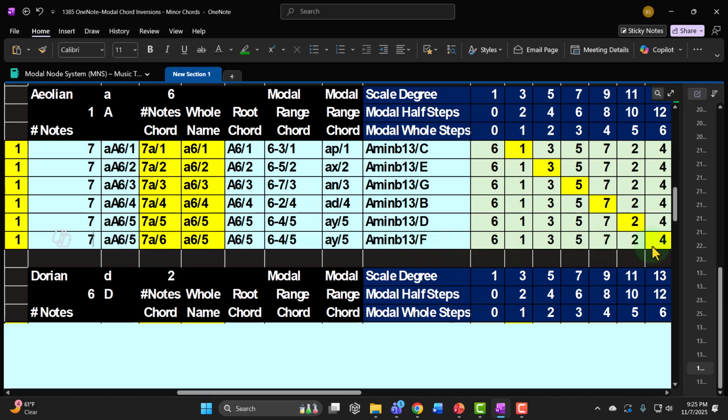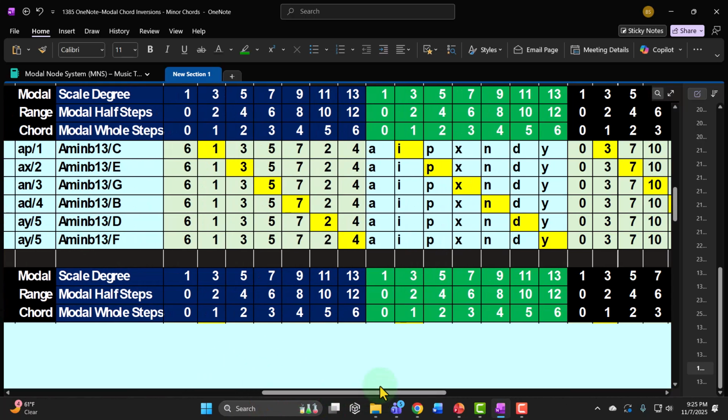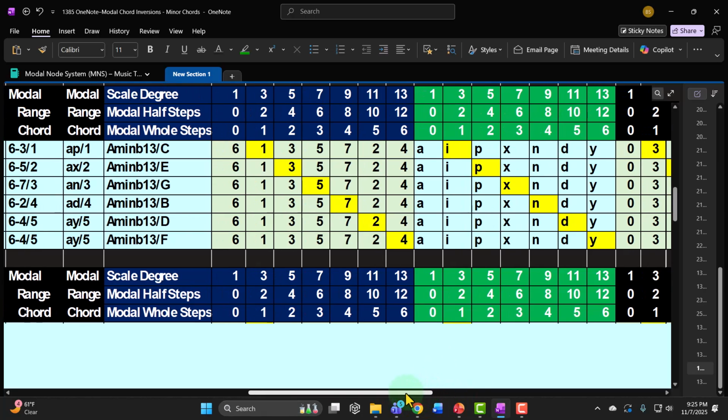that we would invert on is 4, which is Lydian, which in the collection of notes around the key of C happens to be an F. It would better be called a 7A/6 or an A6/6. That should be a 6, which would mean a 7-note Aeolian 6th inversion or an Aeolian 6th modal whole step 6th inversion, meaning we're going to go up 6th modal whole steps from the root of the chord, and that's going to be the lowest note in the chord, the point of